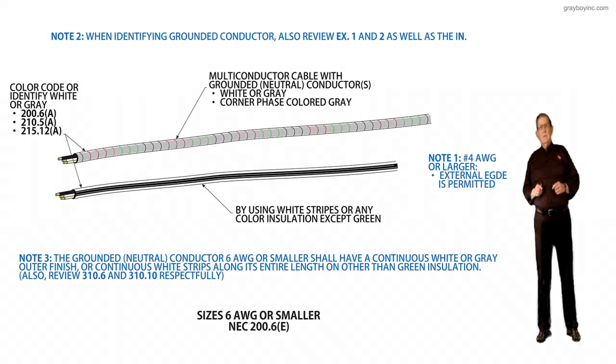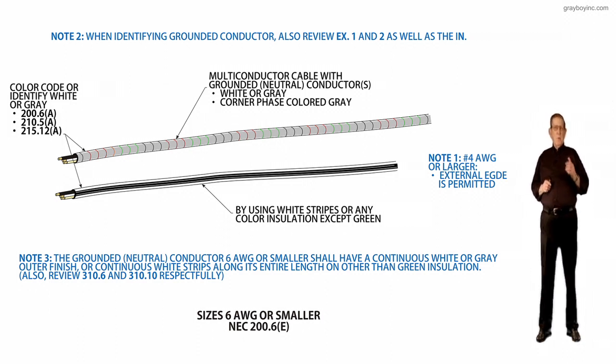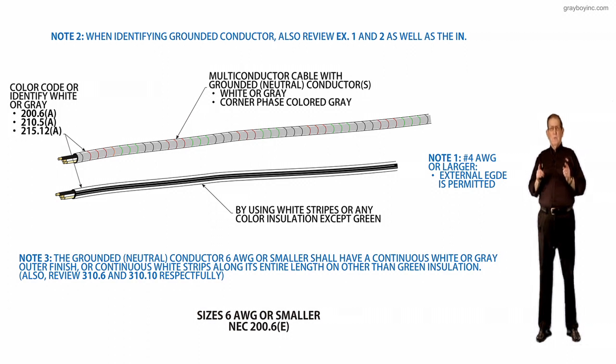This illustration deals with sizing number 6 AWG or smaller conductors in accordance with NEC 200.6(A)(1) through (A)(8). The purpose of the change, again, is a revision. This revision has been made to clarify the identification requirements for conductors that are number 4 AWG or larger in cables. Identification of the grounded conductor shall be permitted to be identified as permitted in